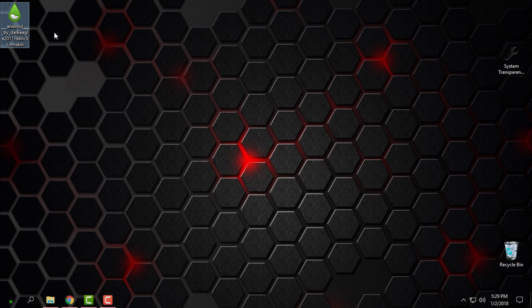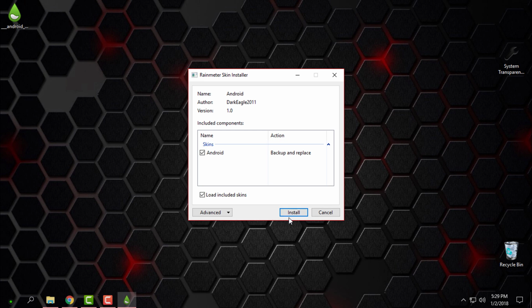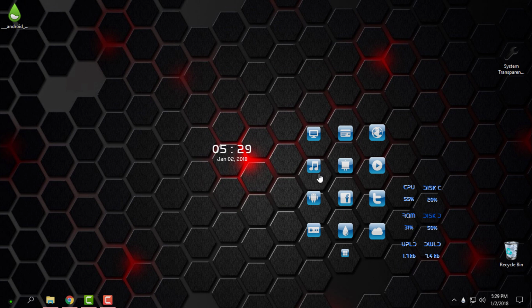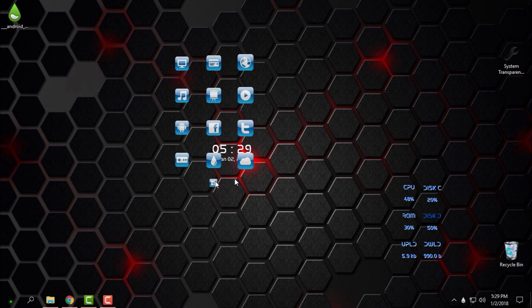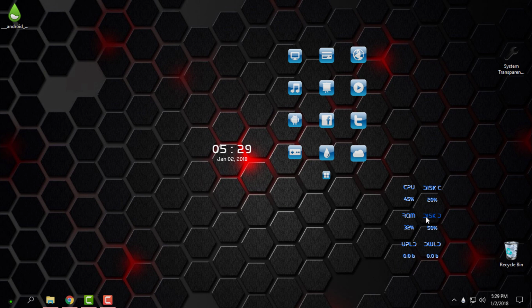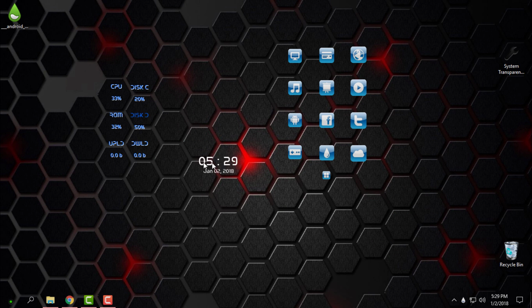Then you can download this skin, and when you download it, just double click and click install. Okay, you will get only this on your desktop. Okay, you have time and date, CPU, RAM, upload and download speed, information about your disk C and disk D, and here you have some shortcuts. Okay, just like on the smartphone, but